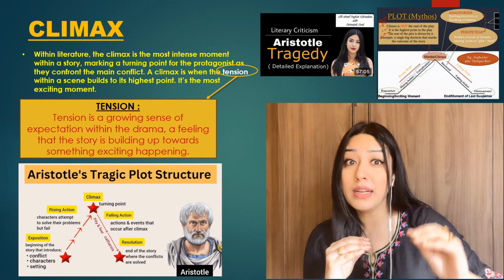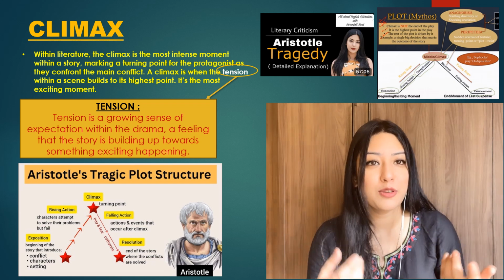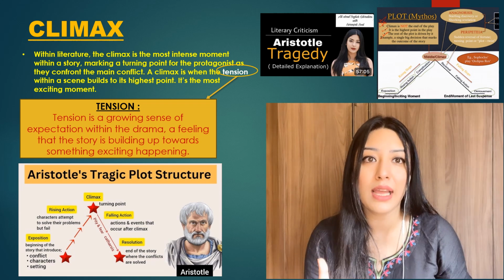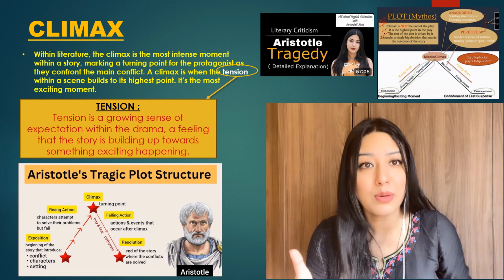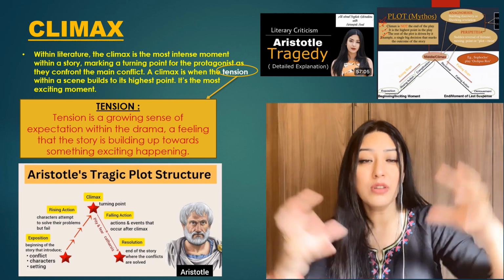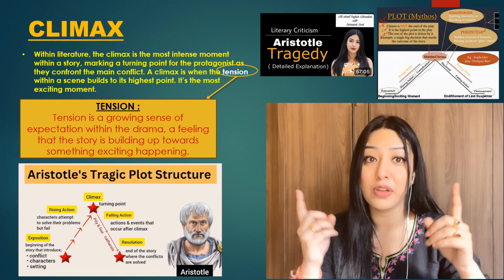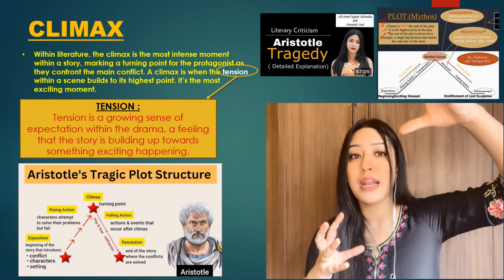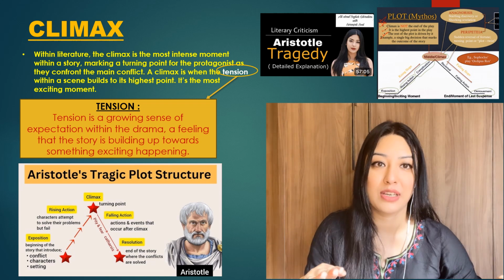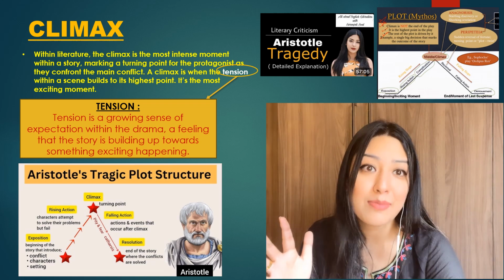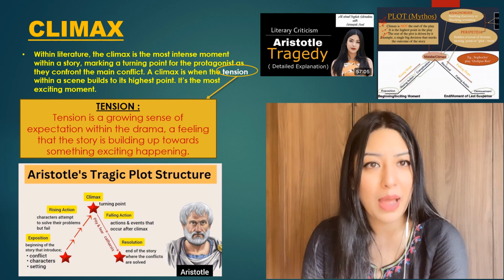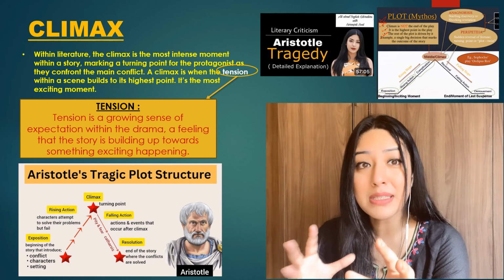When the conflict is building, your tension is also building, that okay, what's going to happen next, and then you anticipate that there'll be a point in time that what if these two get caught, what if the parents catch these two, then what will happen? The tension is building, and finally when that highest point comes, when that conflict happens, that no, you cannot be with each other, that tension builds up to its highest point. After that, you just witness a falling action, you witness till the conclusion, and then catharsis. So this is climax, and this is tension. Tension is that building up of expectation, that what is going to happen, what if this happens, and if this happens, how are they going to handle it?